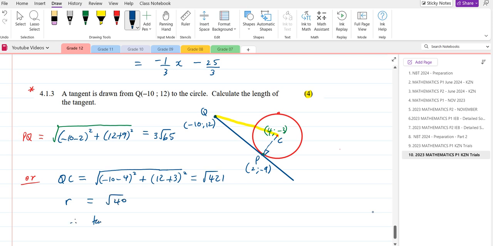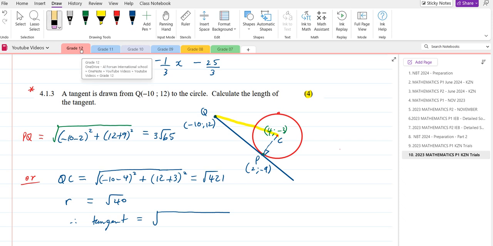Therefore tangent is equal to the square root of, I'm trying to use Pythagoras here, but not point P. We don't know what this point P is. If I imagine another, okay, so I'm imagining another tangent here, right? So the tangent is equal to QC, which is the hypotenuse. So I'm thinking of another tangent here, right? Remember, this is still the radius. Radius is square root of 40. So tangent will be the hypotenuse. Hypotenuse is